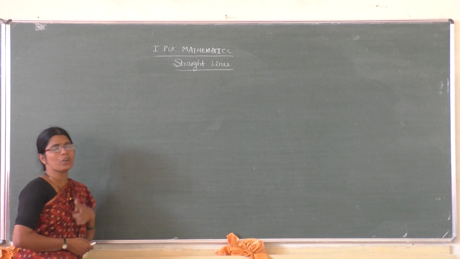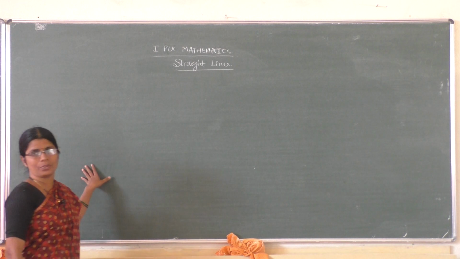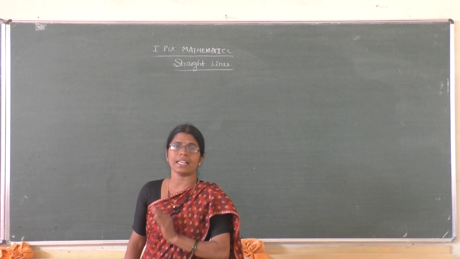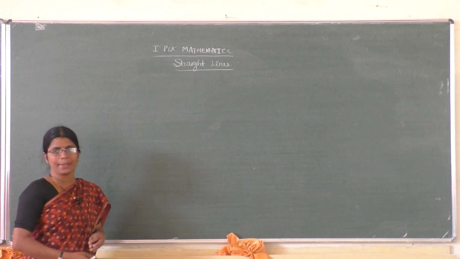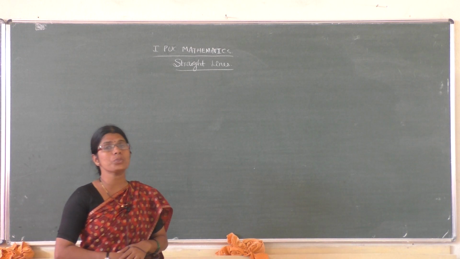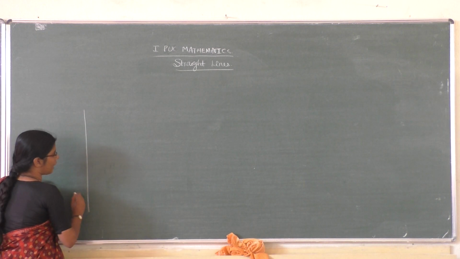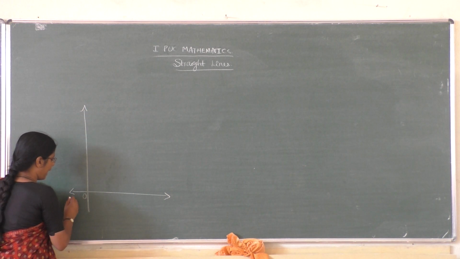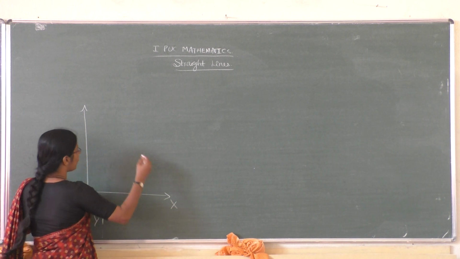Now one particular concept we have to consider, that is collinearity of 3 points. Already we know that if 3 points A, B and C are collinear, then the area of the triangle ABC is equal to 0. But using slopes of the lines, we can also consider the collinearity. Suppose we have the 3 points A, B, C collinear, what about their slopes? That you have to consider.